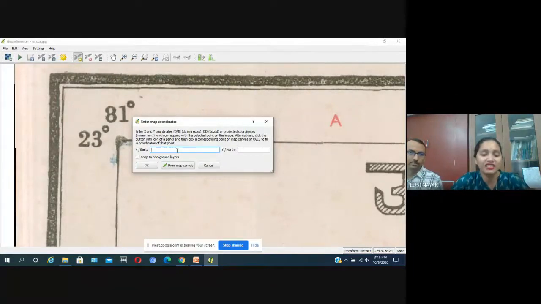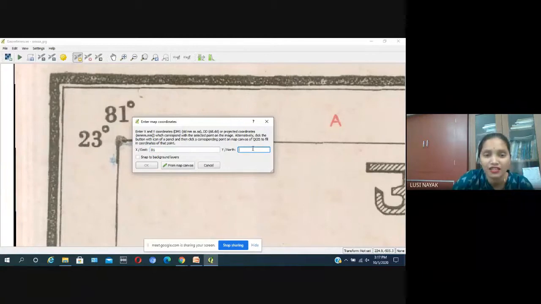X coordinate is 81. 81 means longitude. Y coordinate is 23. Then okay.